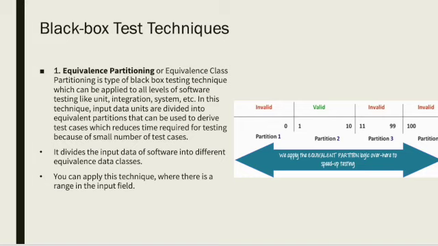So this means that if it is less than 6 characters, it will fail. But if it is between 6 characters and the maximum value, which is 10 characters, you get to pass. And if it is beyond 10,